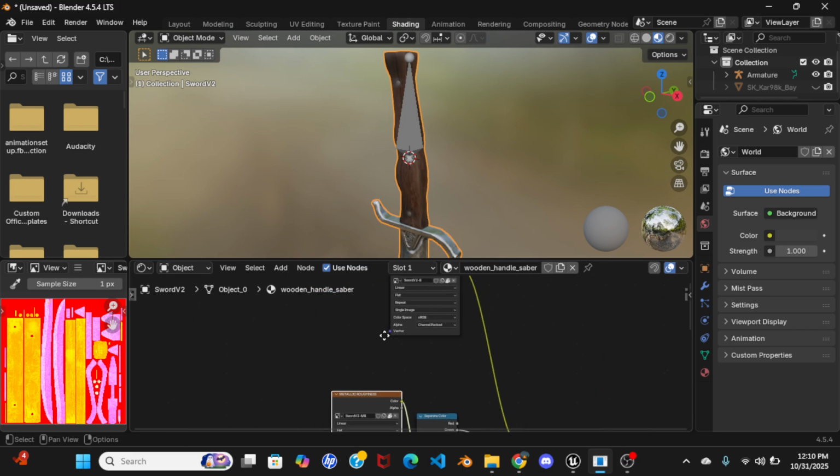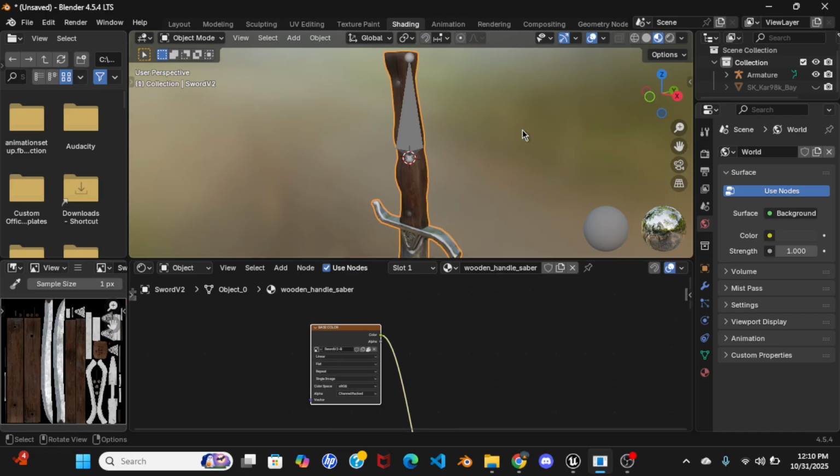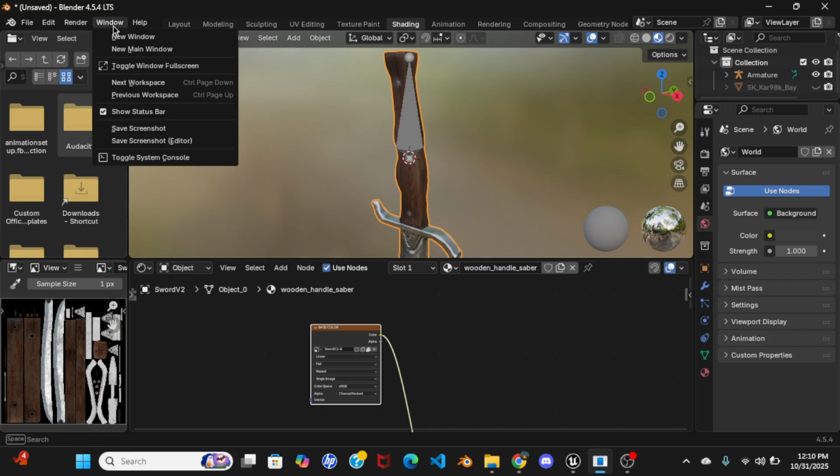And once you rename them, you're like, how do I export them? Well, we're going to go in order and click on your base color node right here. Click on the 3 lines right here. If you don't see this, it most likely should be there, but if for some reason your window is not showing up over here, you could just go to window and you could click new window